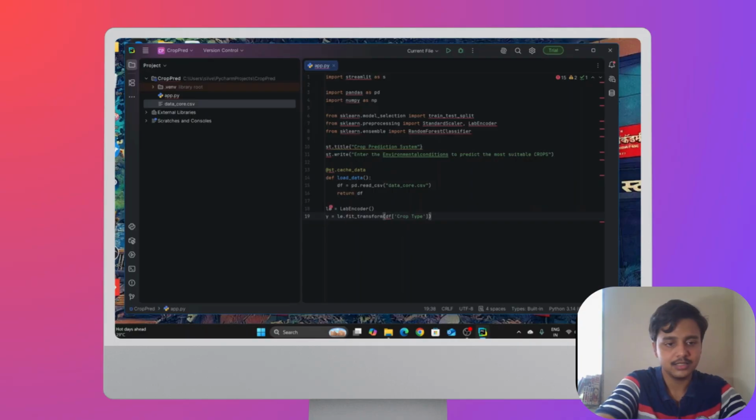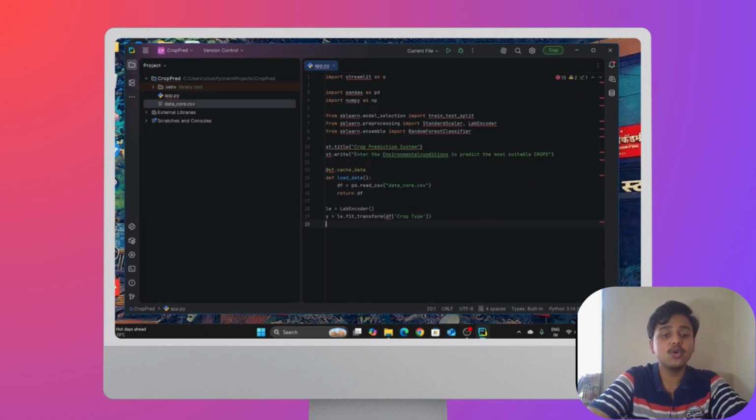After this, we are going to convert the crop names into numbers, because the model understands only numbers.